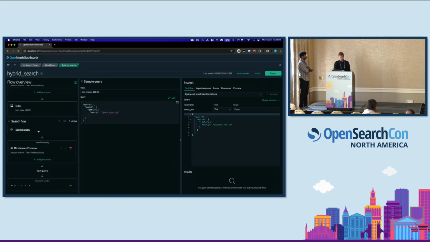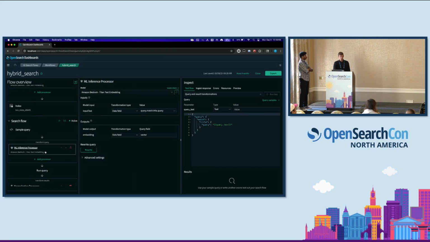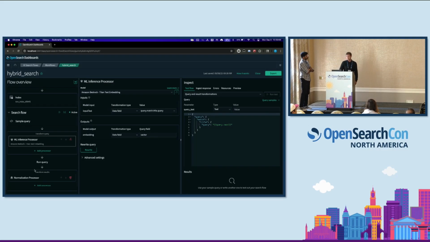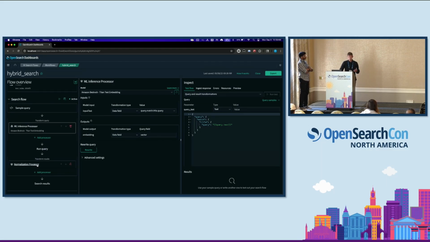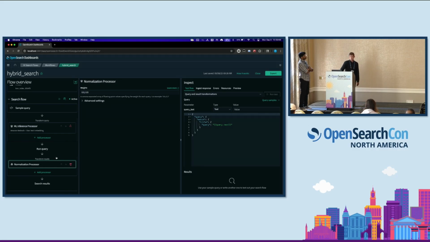Moving on to the search side, we have a query. We then have an ML inference processor on the search request side to parse out a piece of that request to generate embeddings on the field we're interested in, and then generate a final hybrid search query using KNN and lexical search. Then it will run the search, and we finally have that normalization processor, which will normalize the weights against those two queries that were run. So essentially, it's like what Owais showed, executing those backend APIs, but on the UI, with more freedom to iteratively change your configuration and swap out different models to test things until you get the results that you're